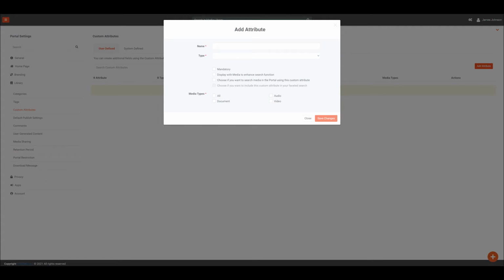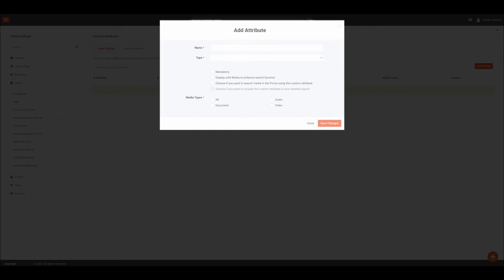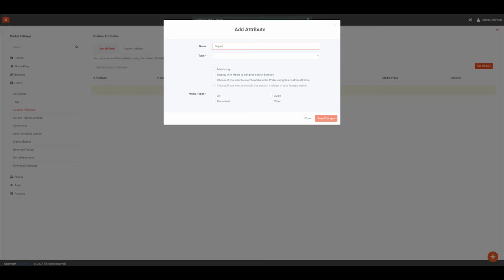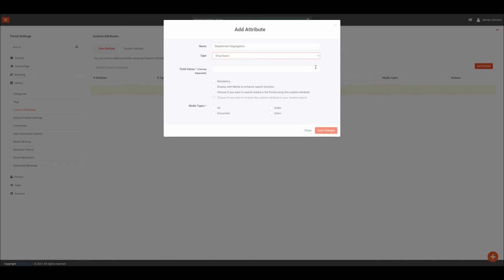The Add Attribute pop-up window loads to allow you to add various types of custom fields. Enter an appropriate name for your custom attribute. Select the field type as text, drop-down, or date. A text field is a basic text control that enables the user to type a small amount of text. While when adding a date field, calendars appear to allow from and to dates to be selected. The drop-down field provides users several choices to select. For each choice, enter a comma-separated value to appear as the drop-down list.